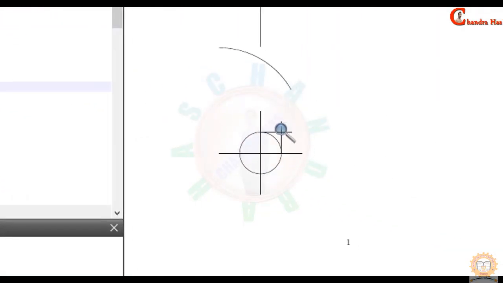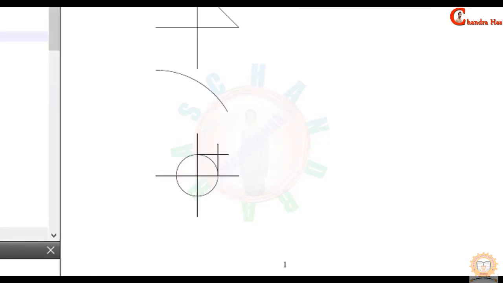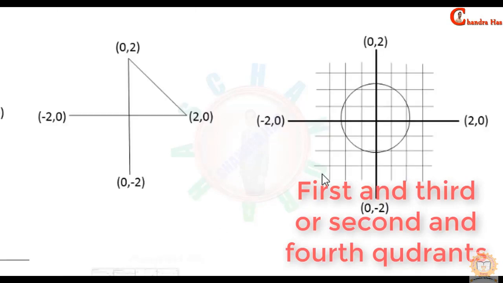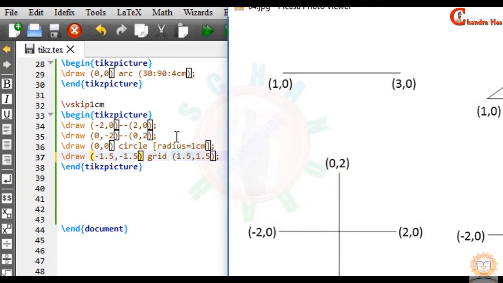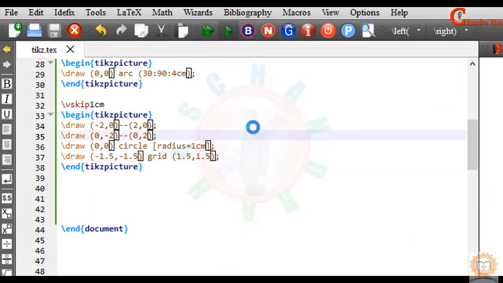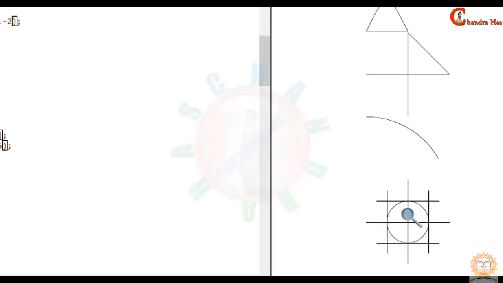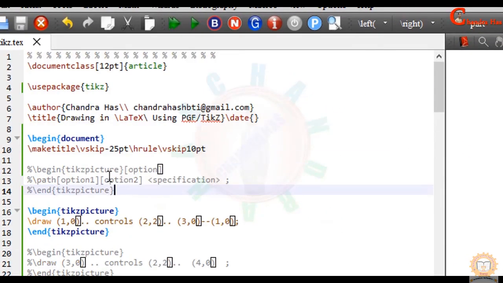So as you can see, the grid is coming in the first quadrant. Okay, for including all quadrants we'll have to take the third and first quadrant, remember this. From this point to this point, or you can take from this point to this point. Compile your file. As we can see, the grid is coming, and the default spacing for each square is 1 centimeter. Remember this, which we can increase or decrease with the help of the optional square bracket, which I said I would discuss later.